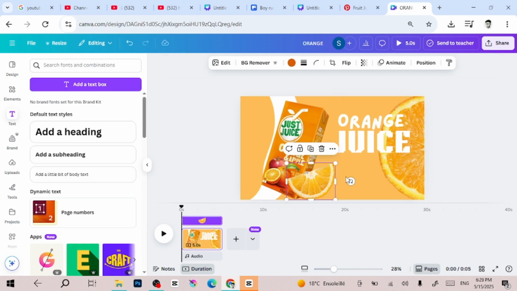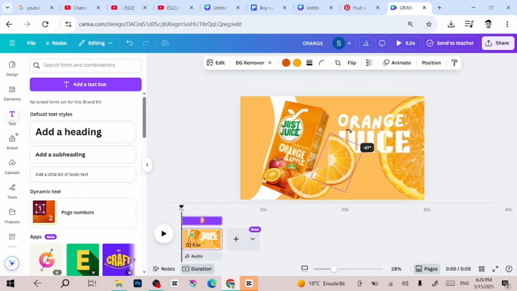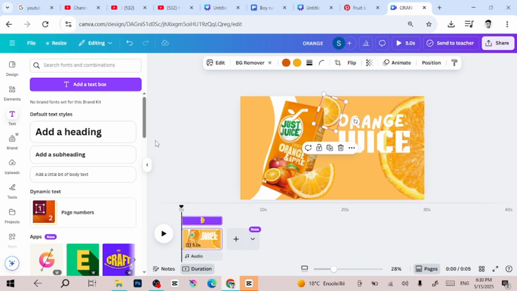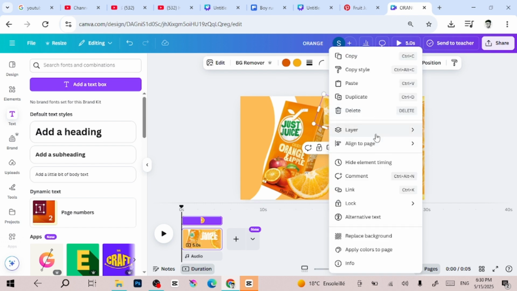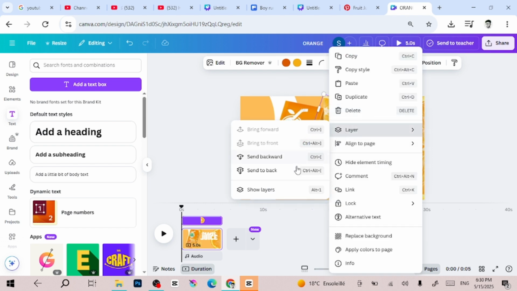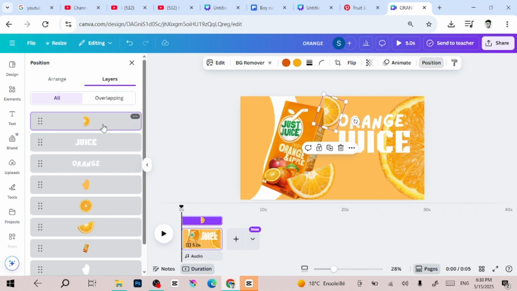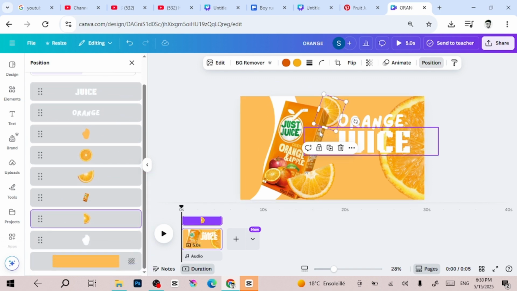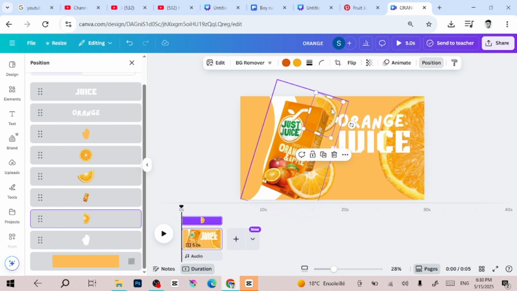Right now also I will duplicate this one, and I will rotate it and maybe put it here, but we go to layer, show layer, and I will send it behind the juice, maybe like this, maybe here or here. Yeah,